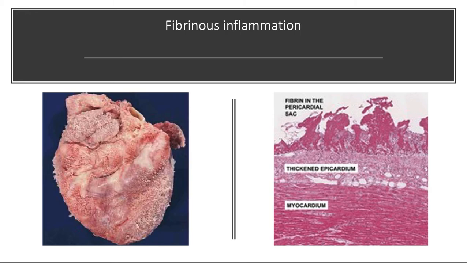lead to scarring. Conversion of the fibrinous exudate to scar tissue, known as organization, within the pericardial sac leads to opaque fibrous thickening of the pericardium and epicardium in the area of exudation, and if the fibrosis is extensive, obliteration of the pericardial space, constrictive pericarditis.